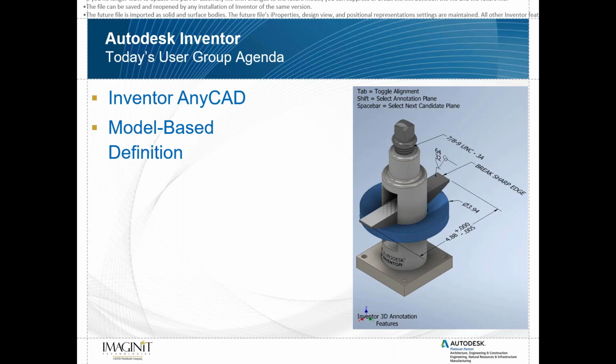Models that were made using other CAD programs like CATIA or NX, for example, and neutral CAD files such as STEP, SAT, JT, and several others can all be opened with Inventor. We'll talk about both methods for bringing other CAD data into your Inventor design, as a reference model and importing, how they differ, and the benefits of one over the other. So then we'll move into